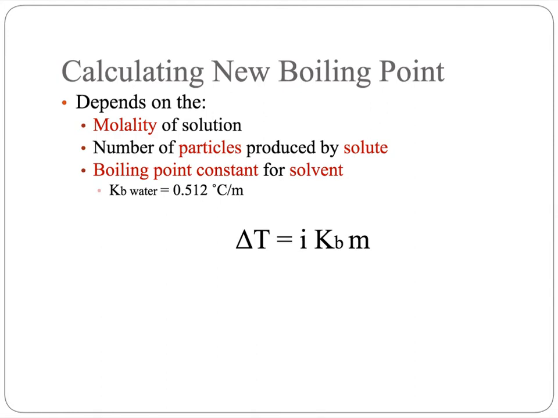For calculating the boiling point, the formula looks very similar to the calculation of freezing point, but we don't have a negative in front of our i for the number of ions. We have a boiling point constant, and for water it's 0.512 degrees Celsius per molal, and then of course the molality of the solution. So you can just tell from this constant that adding a little bit of solute into pure water has a much greater effect on the freezing point than on the boiling point. It takes a really concentrated solution to change the boiling point, but not quite so much to change the freezing